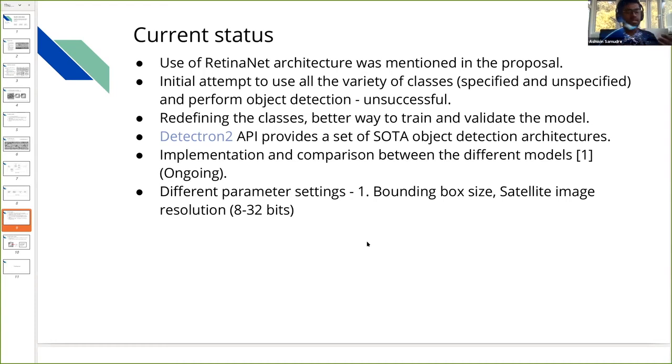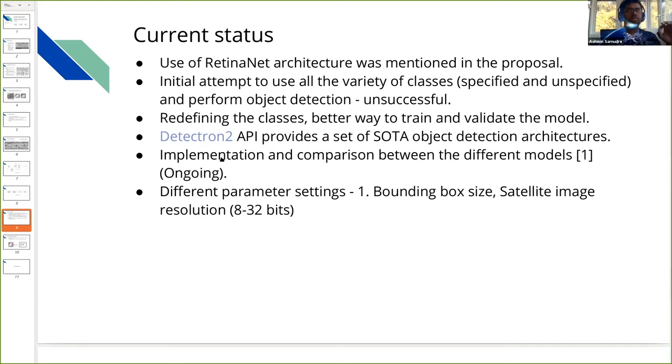We had unnamed class 1, unnamed class 2 with just 10 to 15 samples, but specified ones like SP0, SP3 for many classes. So there was huge data imbalance, and we could not get good results. That's why we refined the classes into 4 main classes based on the pressure. And now we have a better way to train and validate the model.